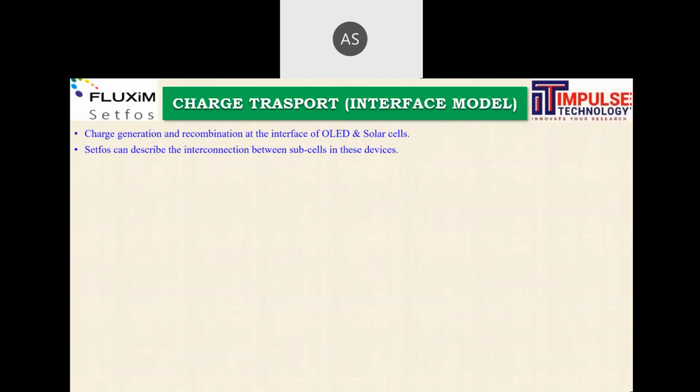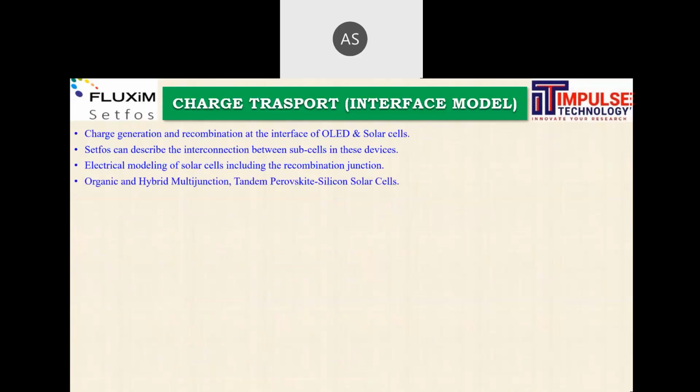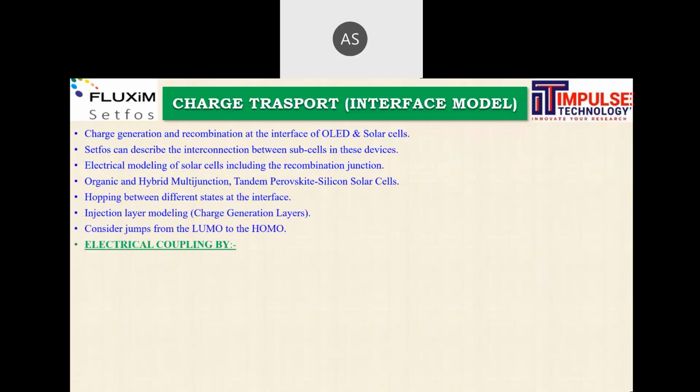operations. In this drift diffusion model, there is also a charge transport interface model for the generation and recombination at the interface region, electron generation, and interconnection between the subcells for multi-cell devices: organic, hybrid, multi-junction, tandem perovskite-silicon solar cells, hopping between the different states, injection layer modeling, HOMO-LUMO, electrical couplings.